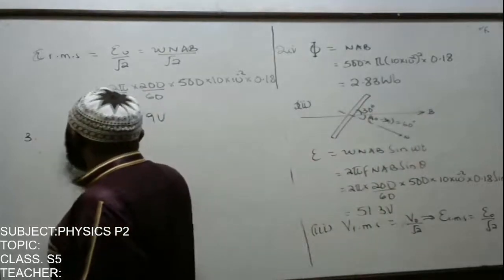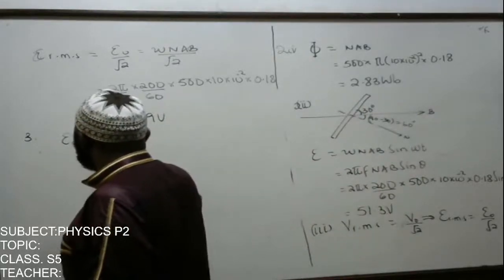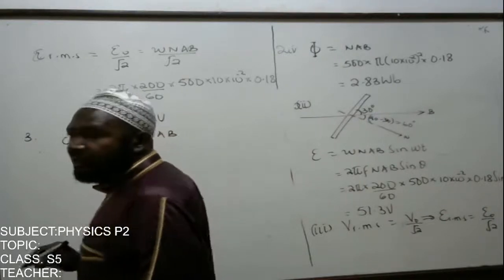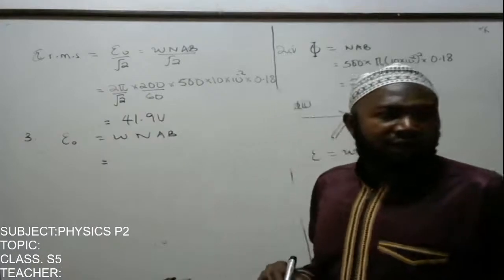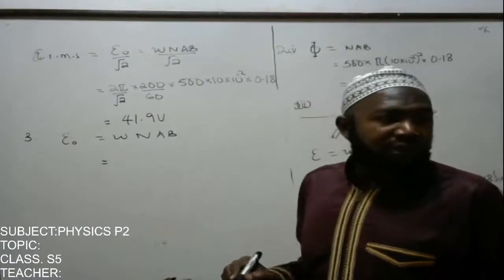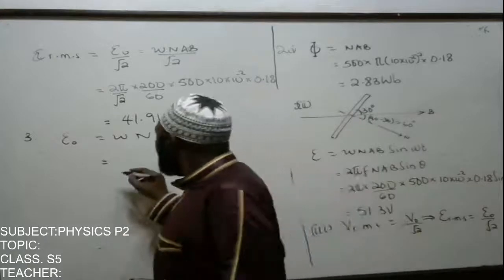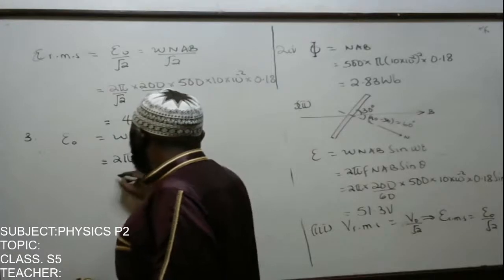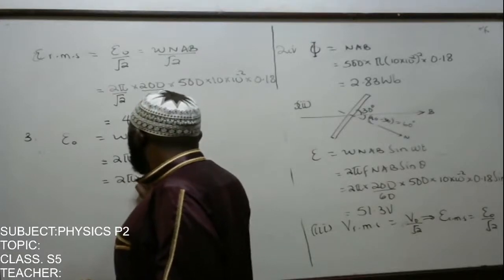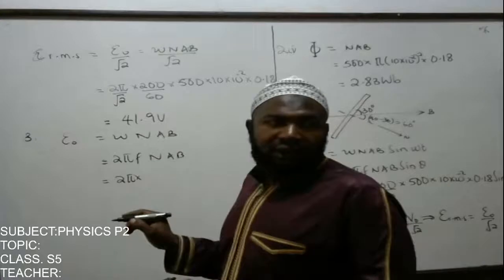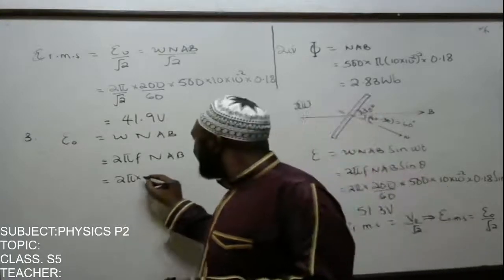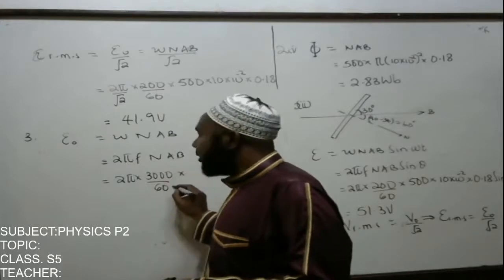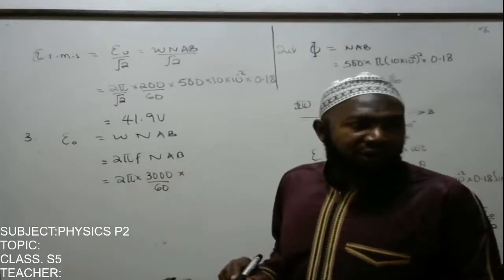Peak value of the induced EMF, E naught is equal to W now. Now, according to what we have, W is given in terms of frequency, so it's going to be 2 pi F N A B. Then 2 pi, frequency, according to what we have, 3,000 revolutions per minute. We divide by 60. The number of turns of the coil